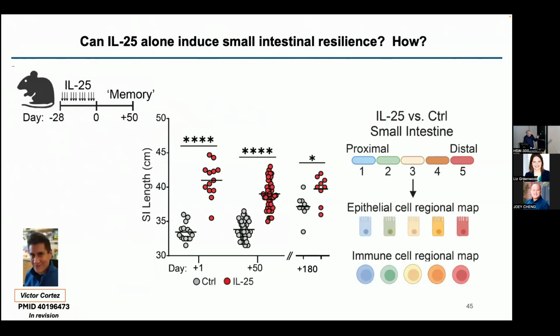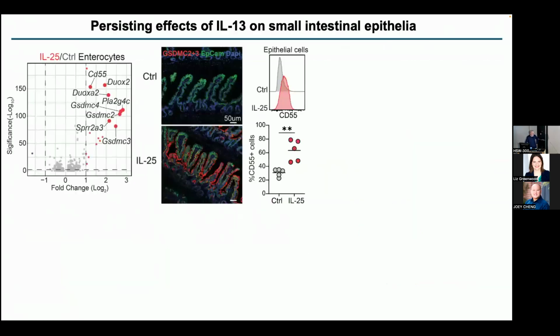And the lengthening is held on for 180 days after stopping. They've seen no IL-25. And if we look at the epithelium, it's greatly altered. That is, all of these are IL-13-induced genes. I won't go through what a lot of them are, but we could confirm many of these are expressed at the protein level, like S-dermins and CD55 that protect cells from complement.